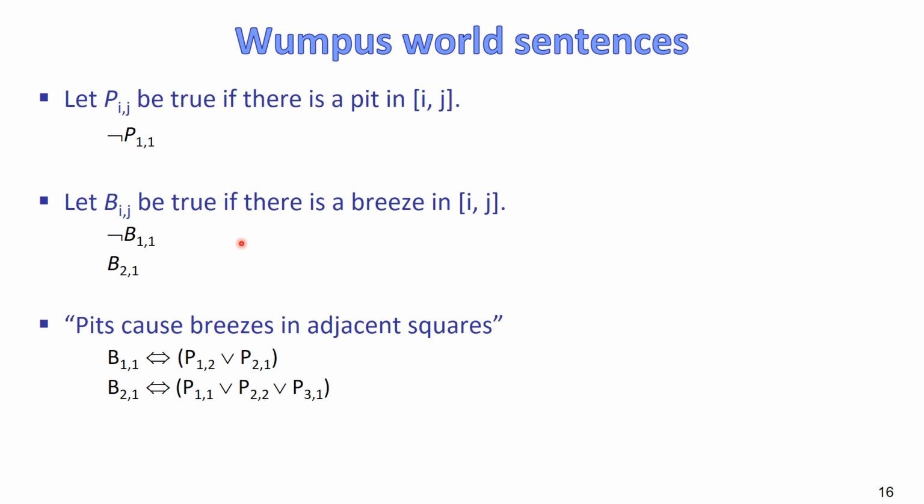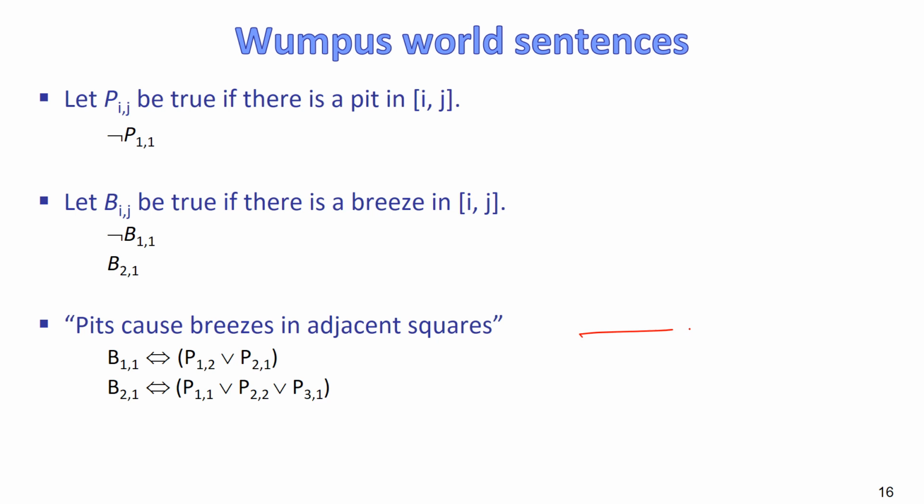We also need to represent the rules that we know about the game. For example, we know that if we sense a breeze in one room, then there is a pit in one of the neighboring rooms. Okay, how can we represent that? Easily by the variables that we already introduced here. So